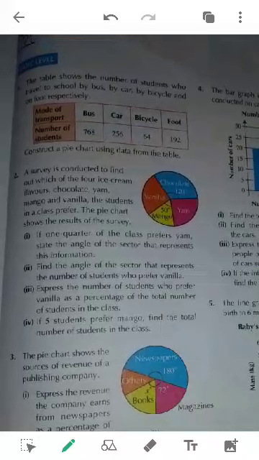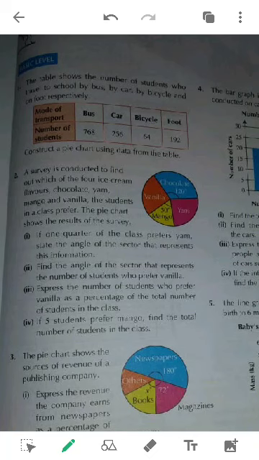Now in this exercise the continuation is the same, but this exercise deals with the study of comparative data. In the last exercise all the data was shown separately. For example, in 2008 the number of buses was shown differently. In 2009 the number of buses was represented differently. So this was different data. Today, the exercise that we are going to study is going to merge all the data with each other.